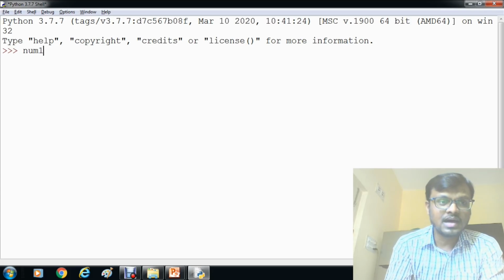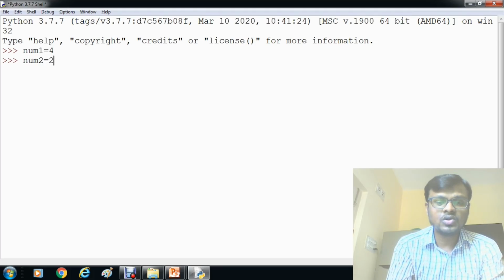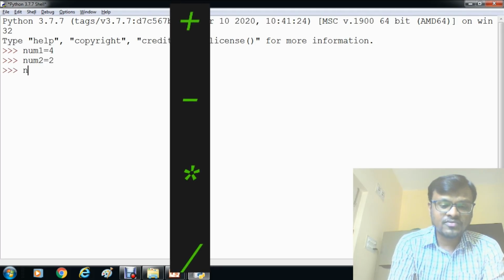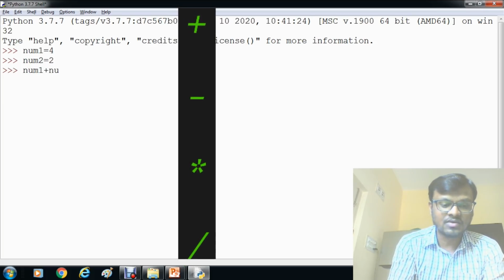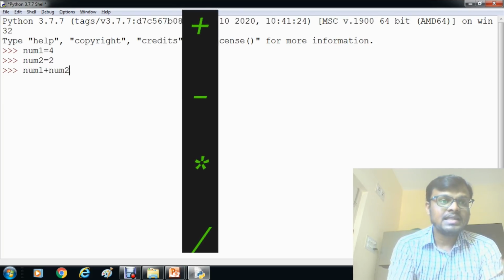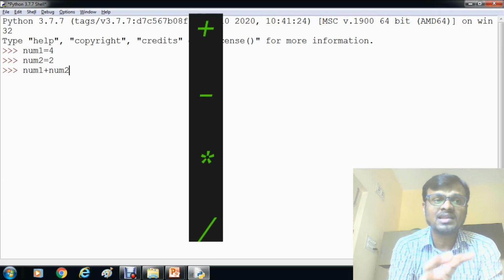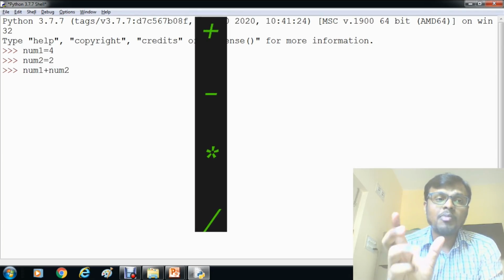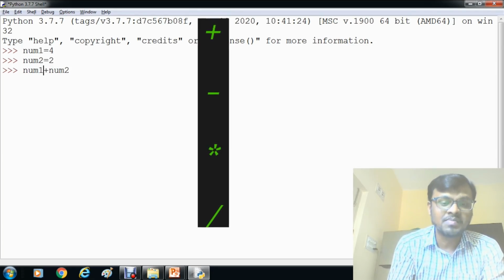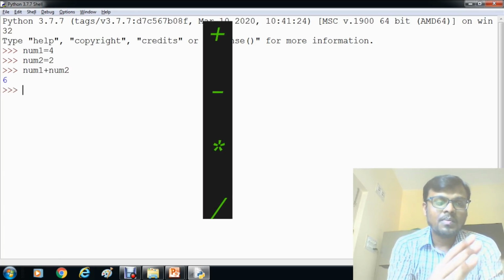For example, num1 is equal to 4 and num2 is equal to 2. I want to perform some operations on these. Start with the addition operation. In the expression num1 plus num2, num1 and num2 are the values, which we call operands, and this plus symbol we call the operator.